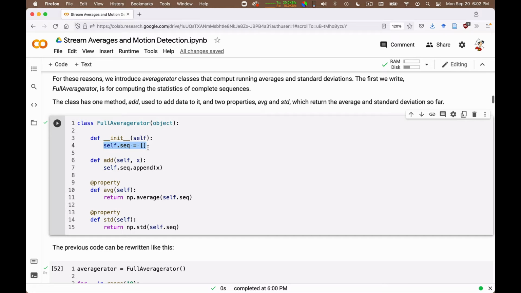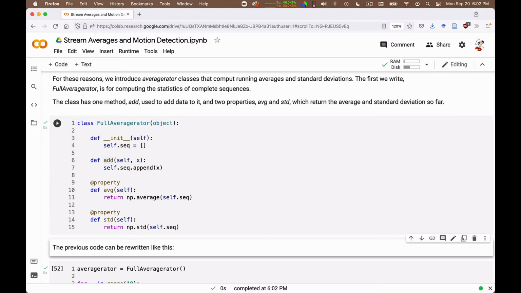Internally, I store the sequence of values. When you give me one more value, I append it to the sequence. And when I want the average or the standard deviation, I simply compute the average and standard deviation of the sequence of the values I have. Okay? So there are two steps in designing this class. The first one is figuring out which methods you need. In this case, we want to be able to add a sample and then read the statistical properties. The other step is to figure out the implementation, and in this case we went for the simplest possible implementation. We store the sequence of values as it is, and then we can compute the average and standard deviation on demand. So let me run this cell so we can use it.